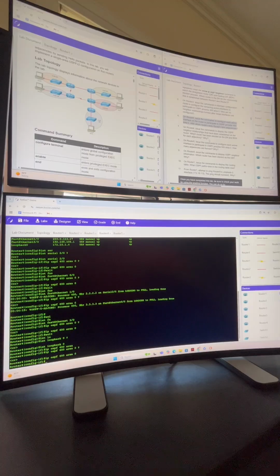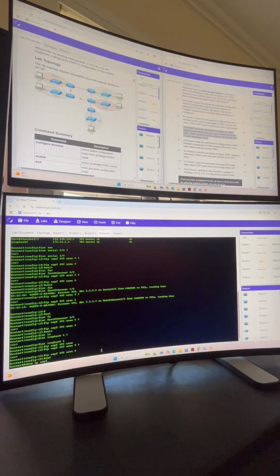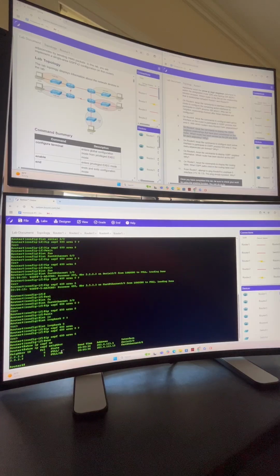And that looks good. So number 7, it says on router 4, issue the commands to display the OSPF neighboring relationships that have been established on the router. Which router has been elected as the DR and BDR for each adjacency and why? All right, so let's test that theory. Let's do a show ip ospf neighbor. And as we can see, router 2 is in the full state, and there is no DR and BDR election for this connection between router 2